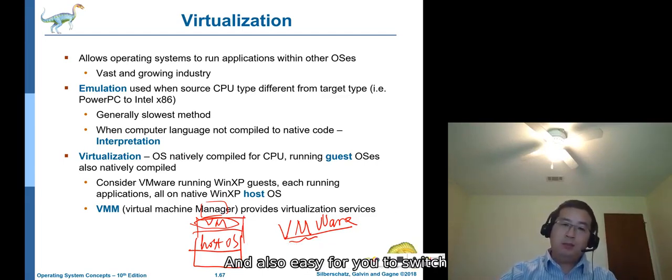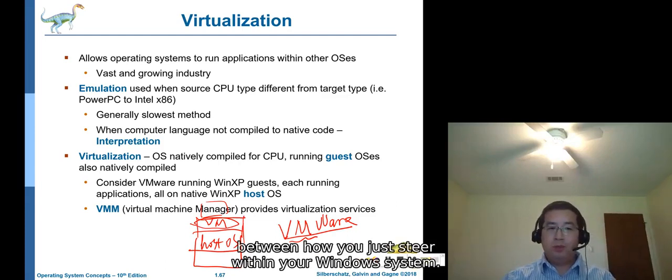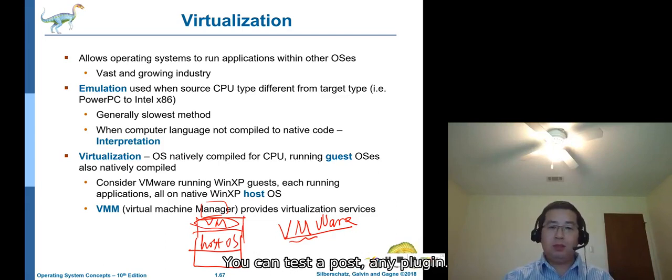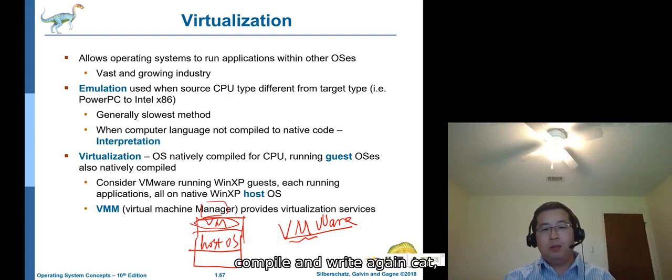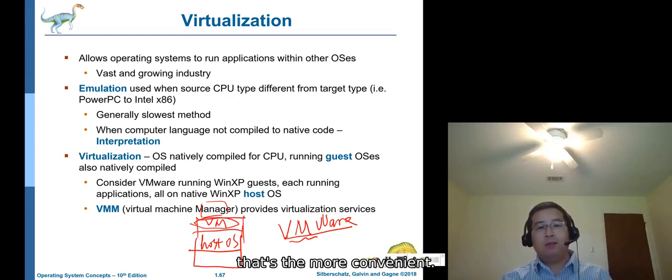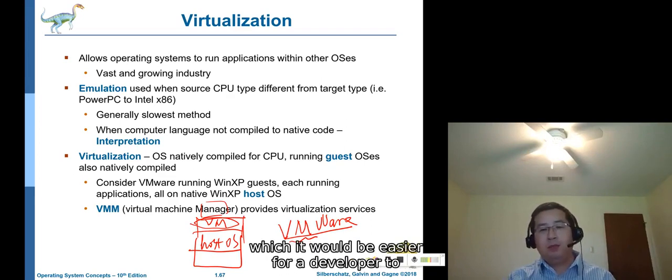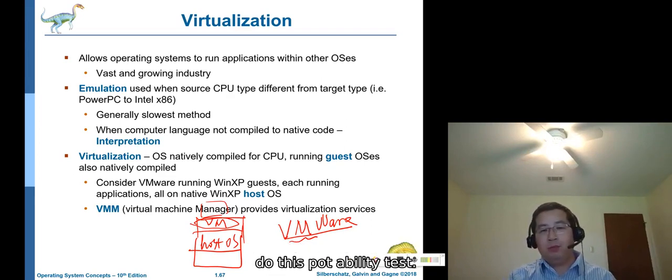It's also easy to switch between them, because you just stay within your Windows system. You can test both. If you have any problem, you can change the code, compile, and run it again, correct? That's more convenient, especially for the development stage, where it's easier for a developer to do this portability test.